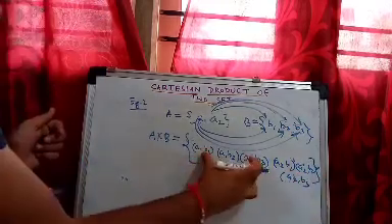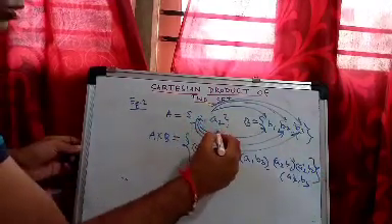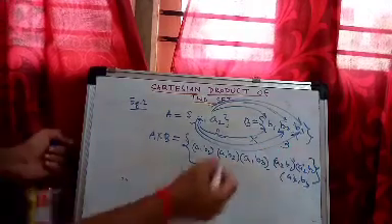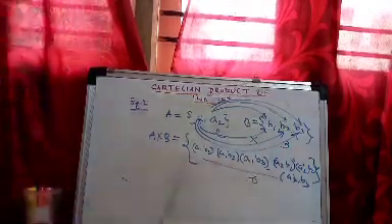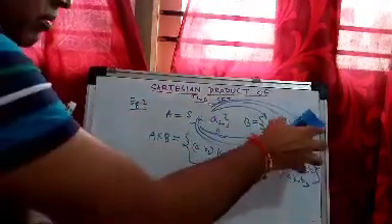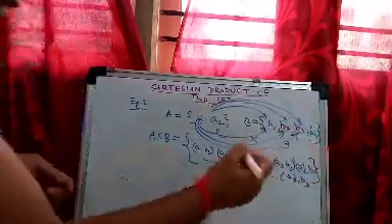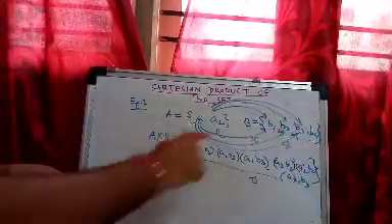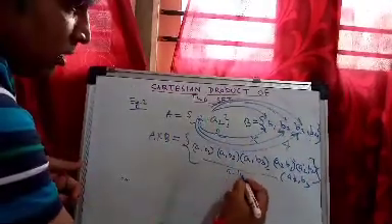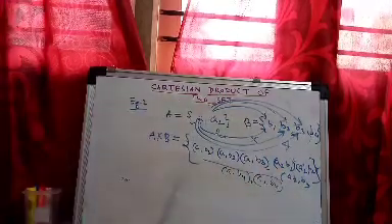So how many? 3, 3, 6. The first set has two elements, the second set has three elements. So how many ordered pairs did you get? 2 into 3, 6. Suppose instead of B3, I give another element here, B4. Very easy. So how many elements now? 4 elements here. How many ordered pairs will you get? 2 into 4, 8. The next two are A1 B4 and the last is A2 B4. So these are all the ordered pairs.